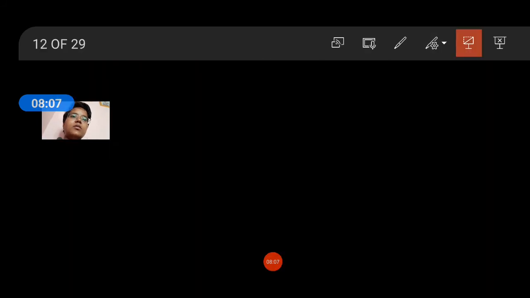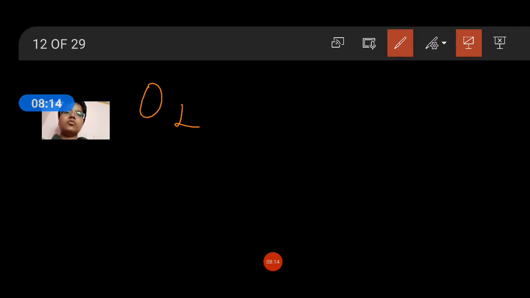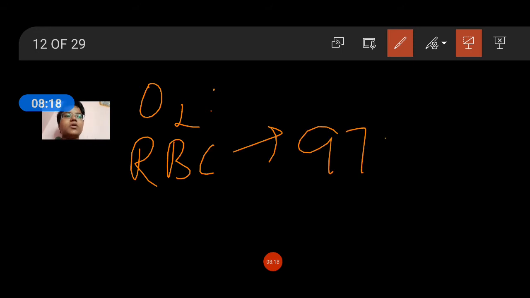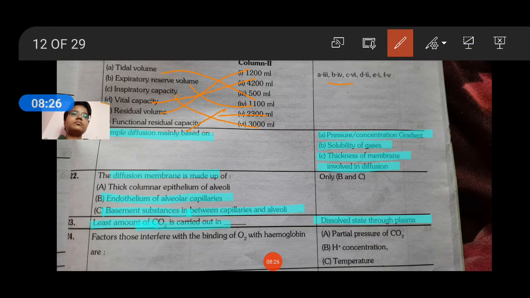What we can learn is that O2 is carried 97% by RBC and 3% through plasma. Now, the factors that interfere with the binding of O2 with hemoglobin are partial pressure of CO2, H plus concentration,